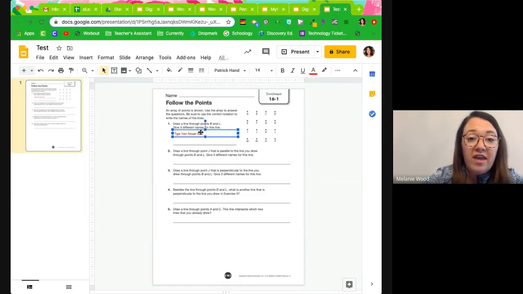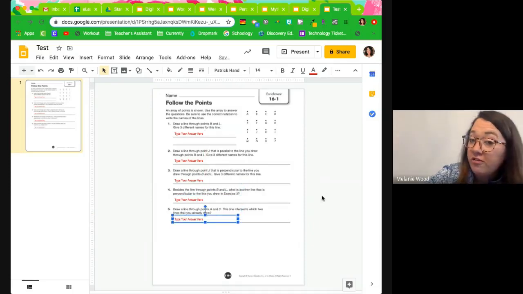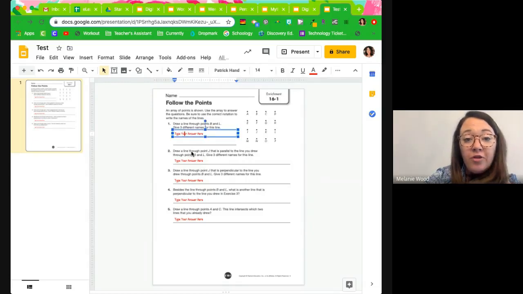And then you can just take this, and I'm just going to do Control D and make duplicates. And I'm going to put this text box everywhere where an answer would go. And now you have a digital worksheet that they don't have to even worry about printing. And they could turn this in if you assigned it in Google Classroom or on Schoology, because they're typing on it, they're going to edit it, and then they could turn it in to you if that's what you wanted to collect